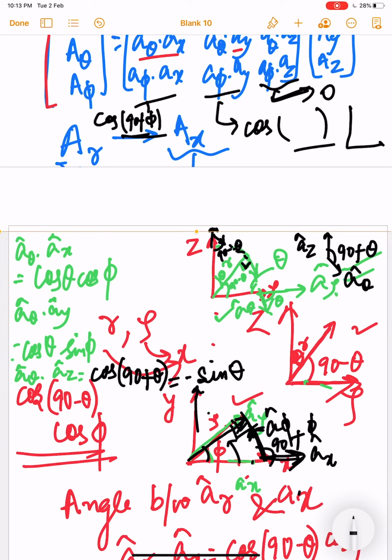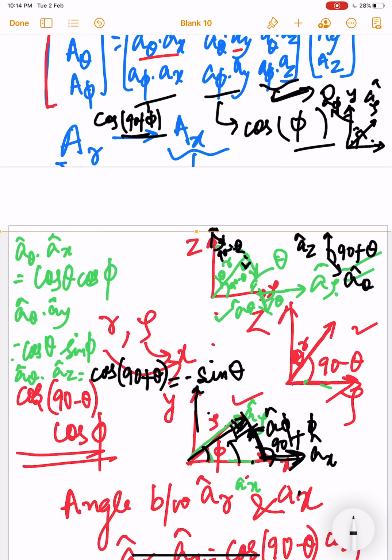This is my y-axis, and this over here, if I extend it, this is phi, a phi. So what will I get for this angle? This is ay cap. This is 90, this is phi, this is 90 minus phi, so this is phi. I'll get cos phi. You check this out yourself, and if you do it yourself, then you'll remember it better.